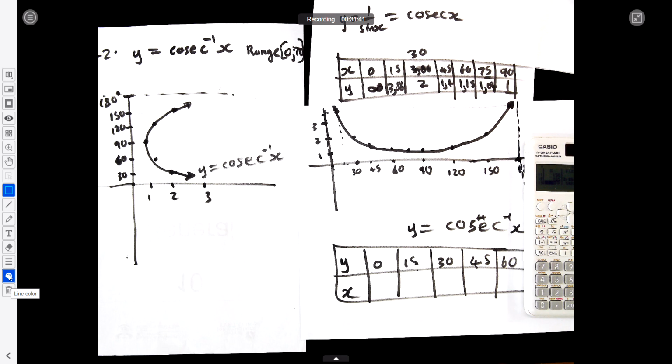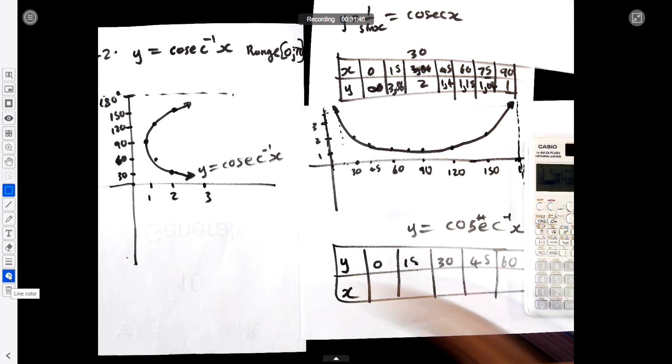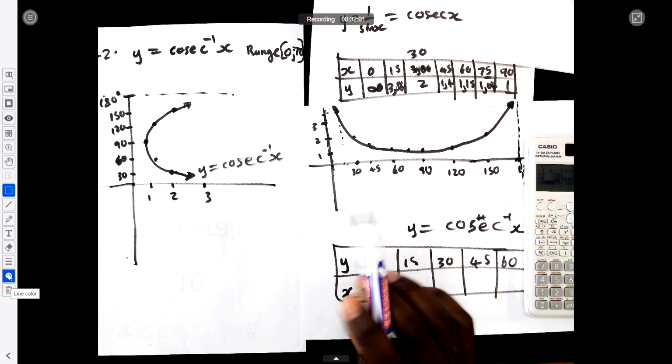The key thing, please make sure you know the normal graph. Let's say if it was sine, for an example, know the sine graph, but for arc sine, you know that you're going to switch the values of y and x. You just switch the values if you have done the table. Bending upwards, bending to the right. Okay, I hope